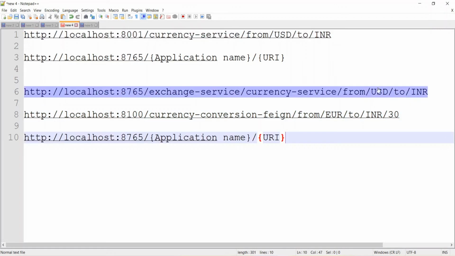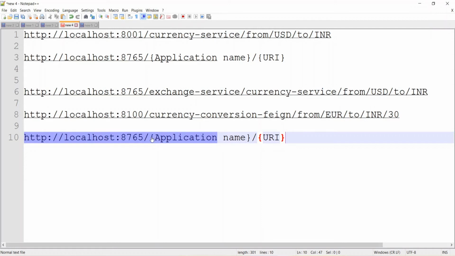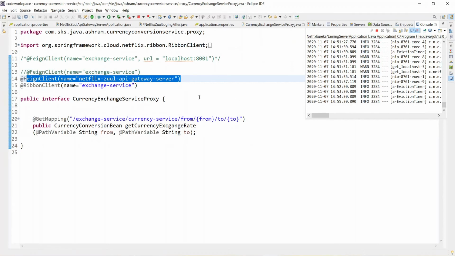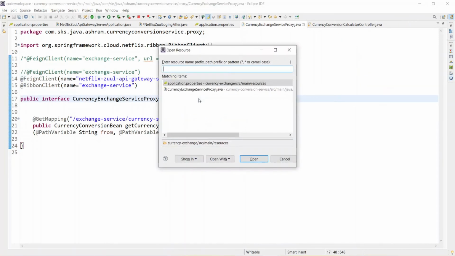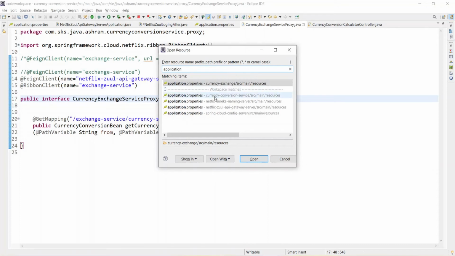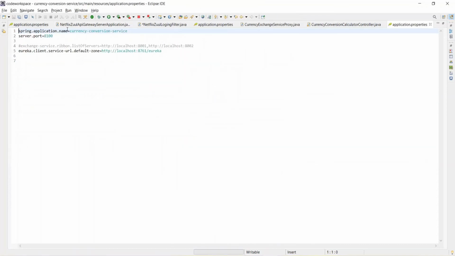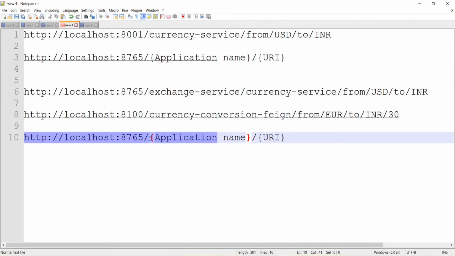The application name is the one you want to call, the currency conversion service. So go here and press Control Shift R, and see the application properties of the currency conversion service to get the name of the application. This is the application name, copy this, come here, paste it with Control V, and then the URI.